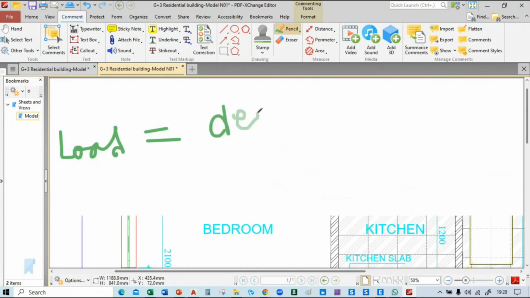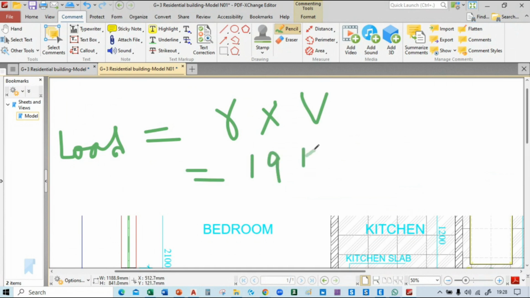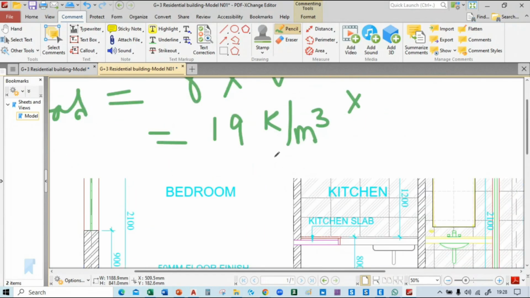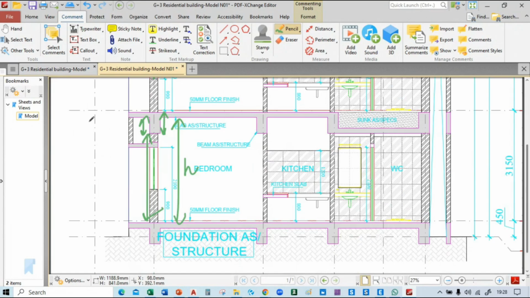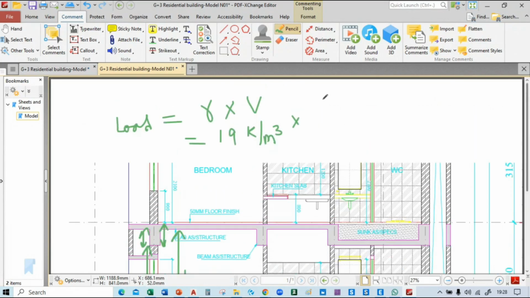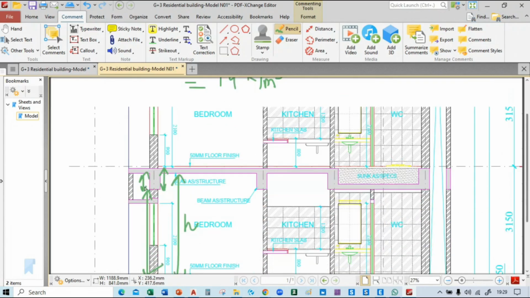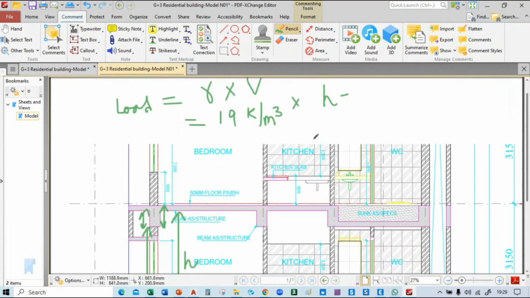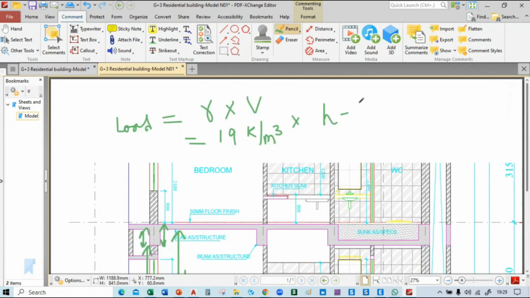density into volume. Okay, let's take it density into volume. So the density is 19 kilonewton per meter cube. Okay, and we will calculate the volume. So you can see this is floor to floor height, that is h, and this is wall height. So we have to calculate the wall height. For that, we will calculate h minus beam depth. Okay, so beam depth, let's take it d,